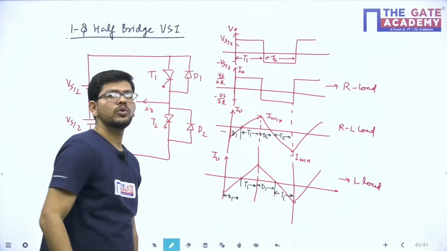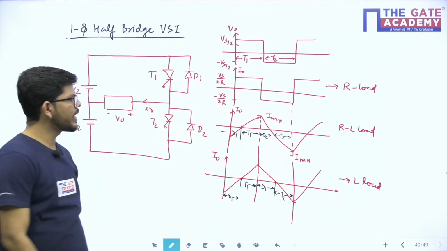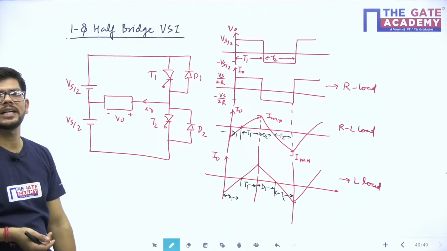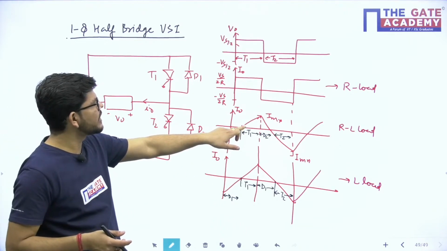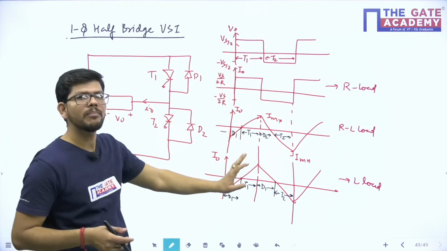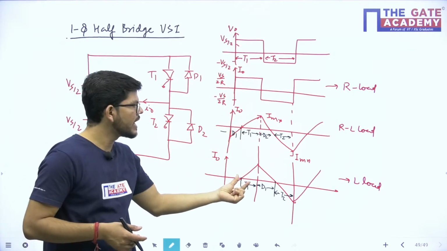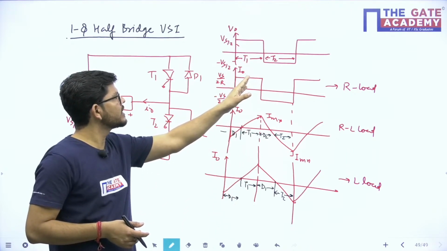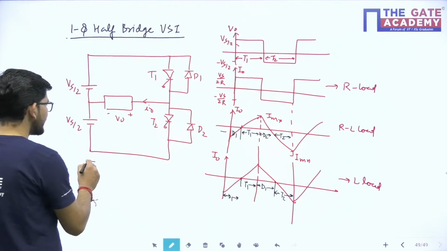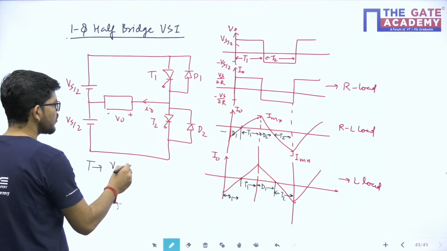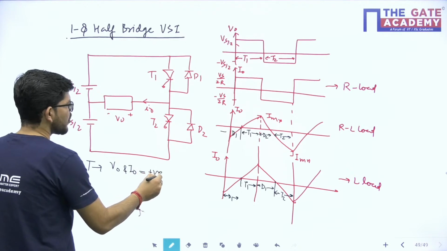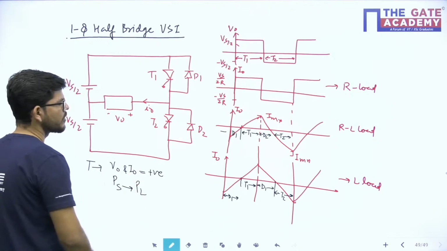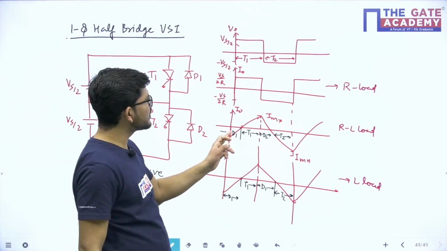Okay. So in case of RL load and L load, you can see we are getting a different waveform for the output voltage. Whenever a thyristor is conducting, both V0 and I0 are positive, whether it is RL load or L load. So whenever T conducts, output voltage and output current are both positive, so power transfer takes place from source to load. Okay. But whenever a diode is conducting,